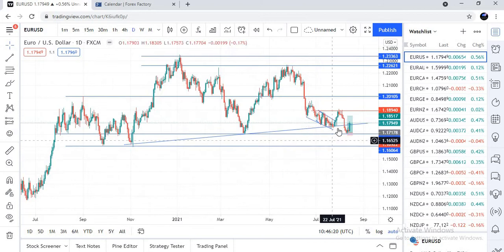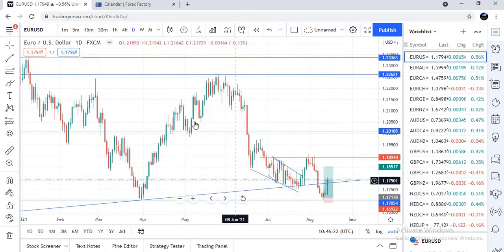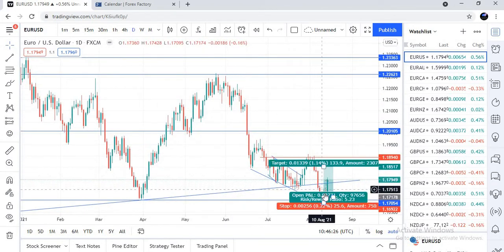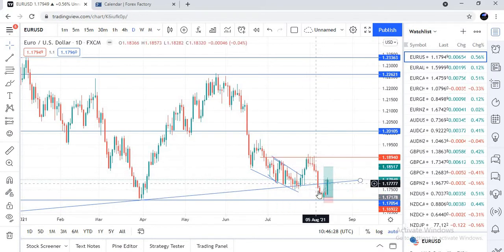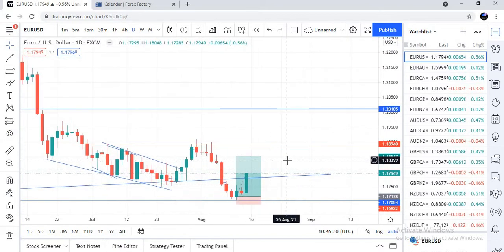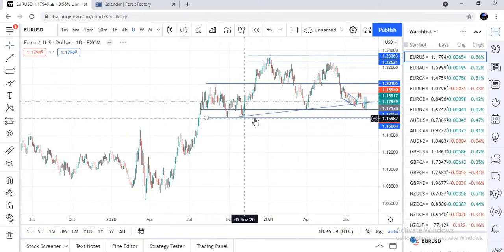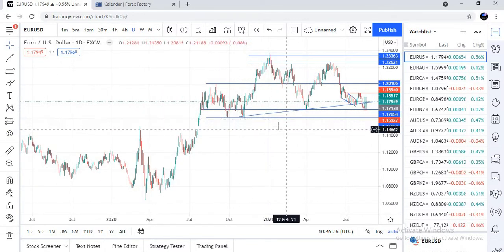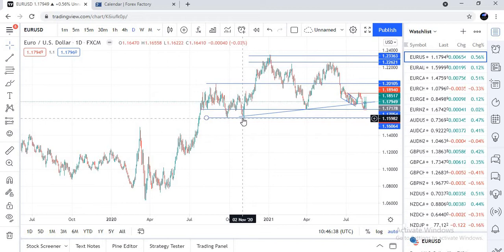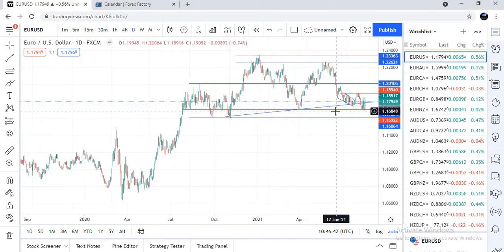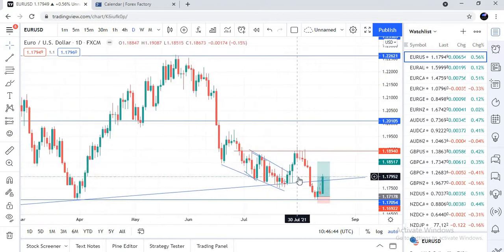So from last week's analysis, we told you that this bearish movement right here was caused by the NFP news. This was a trend line that was being respected from last year. As you can see, from October 2020, it has been trying to move in this trend line pattern, and it respected this trend line here.